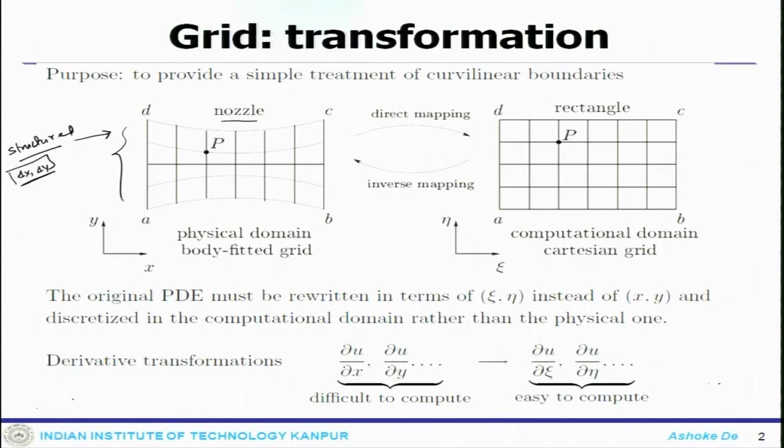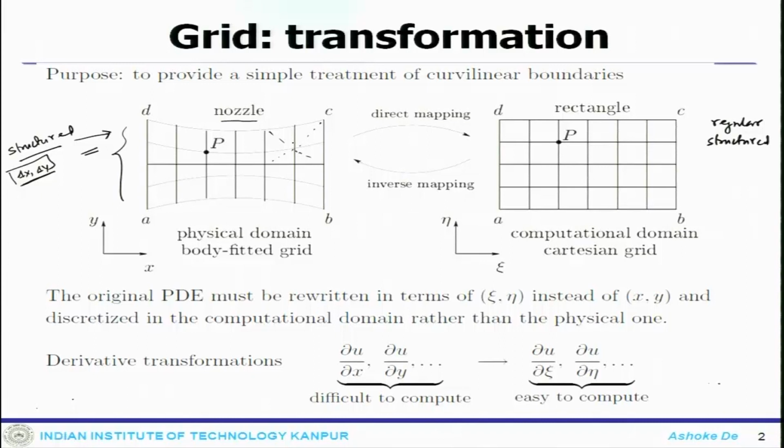This grid looks somewhat organized, but it is not very structured in that fashion. So one approach is that you can transform this grid to a regular system. So, this is your regular structured system. When you are here with the body fitted system, you are in the curvilinear system. One can always argue that I can generate some unstructured grid, with triangles like that. So, that is one option.